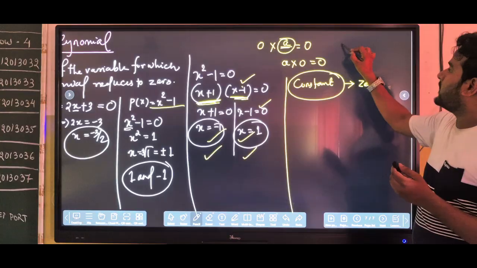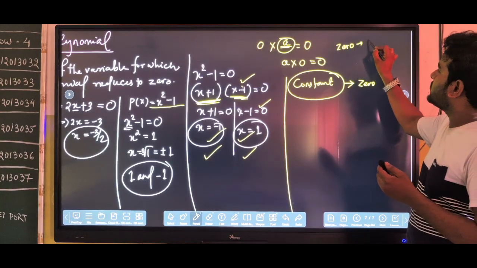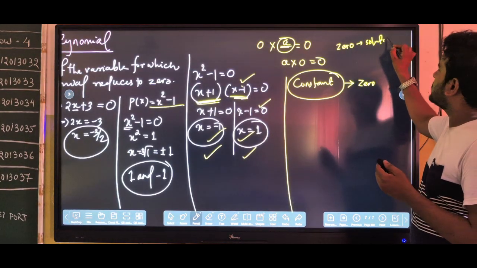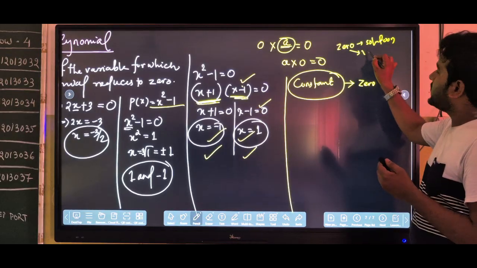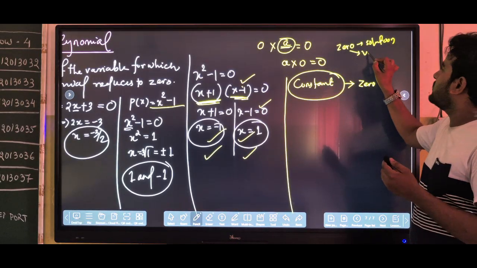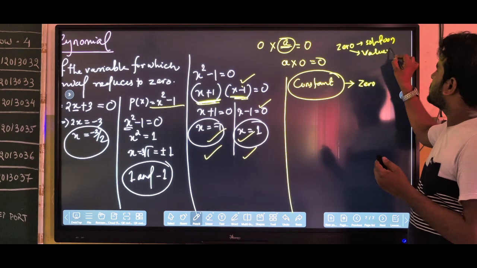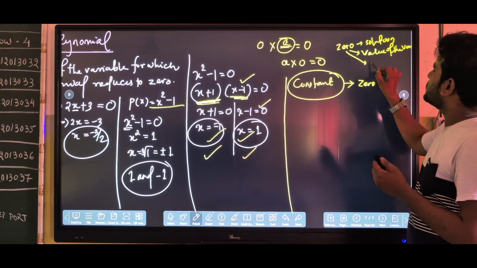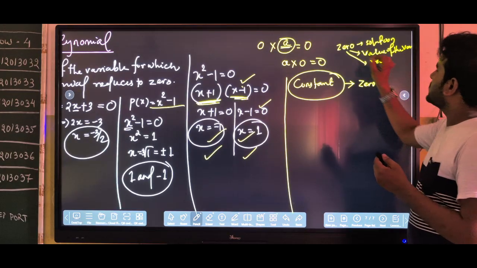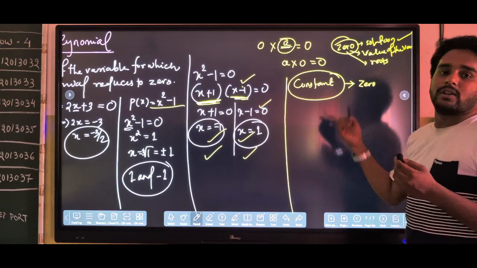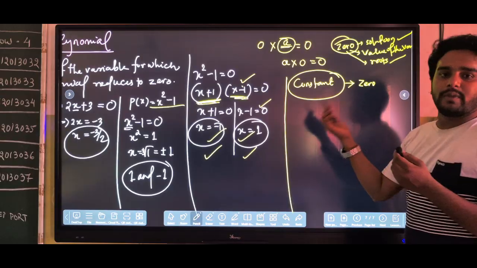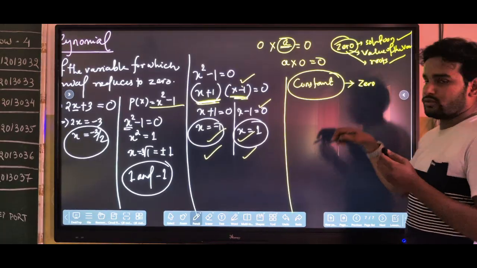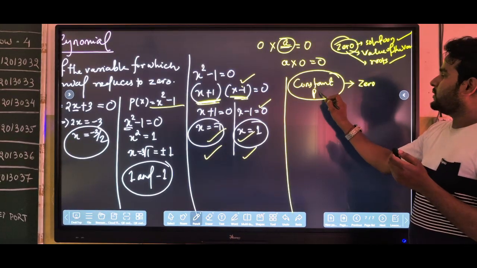Here 0 means what? 0 means one type of solution, or this value of the variable, or we can say in terms of equation, that is roots. So here 0 means solution or the value of x, or the roots in terms of equation. When it is converted to equation, it becomes root. So constant polynomial